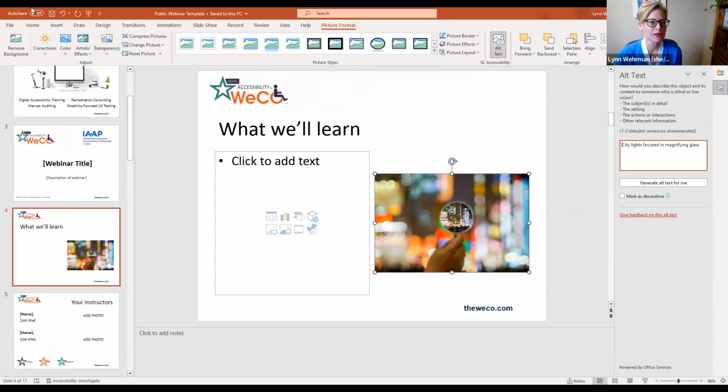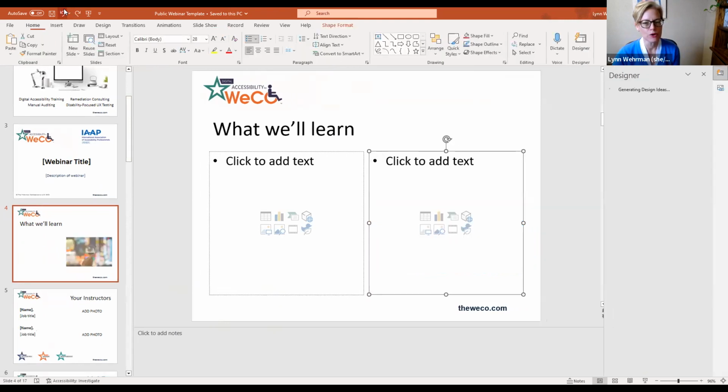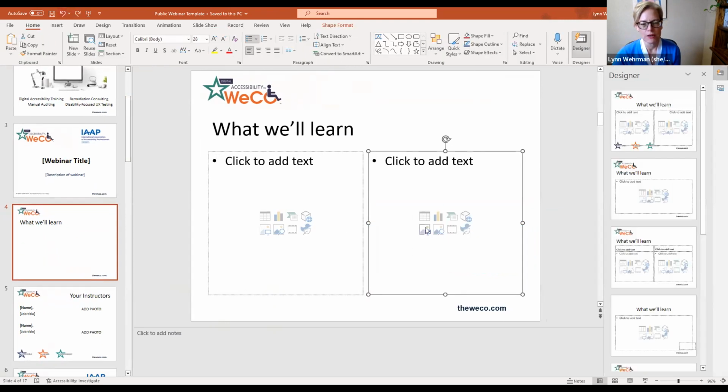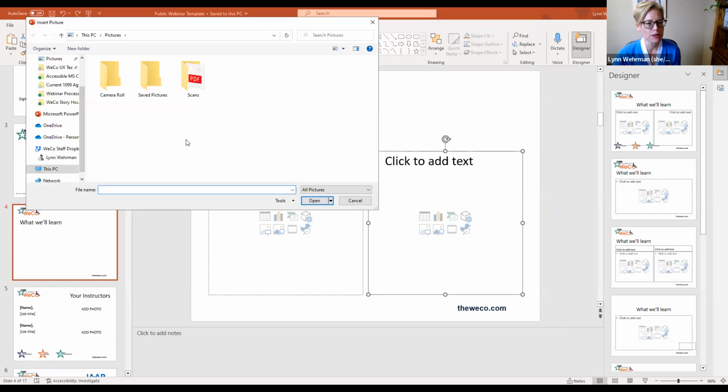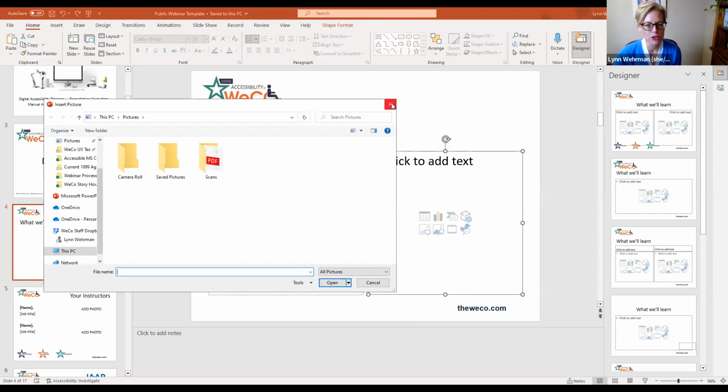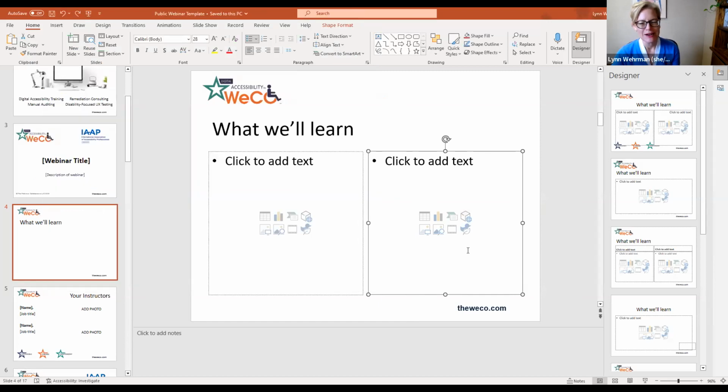But you can also do it a couple of different ways. You can put in your own image, and that could be something that you pick out of your file. I have such a drill down to get into my own images, I'm not going to do that. But then there is also a mechanism. There used to be a mechanism where you can pull them off the web.